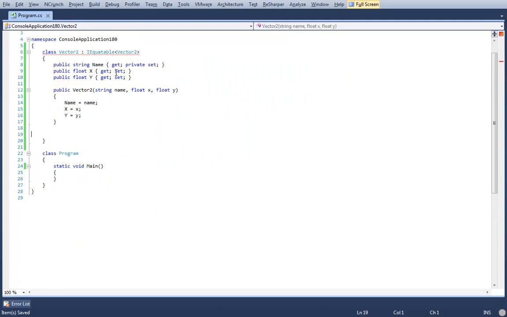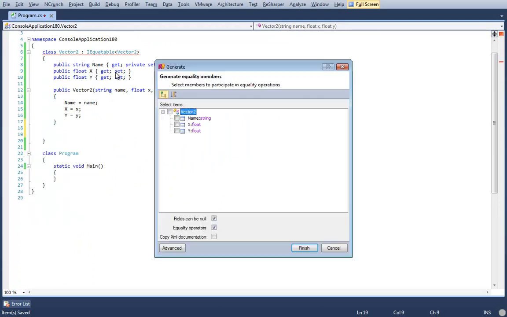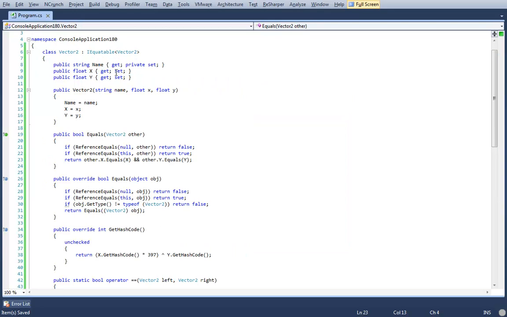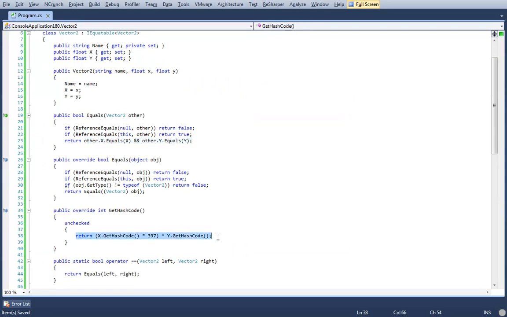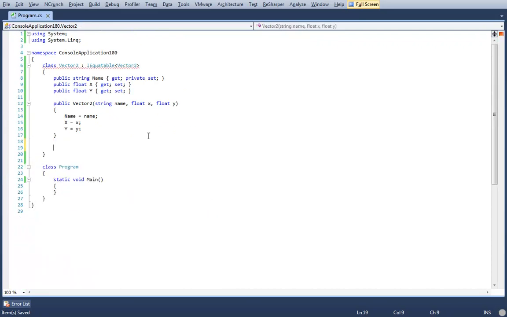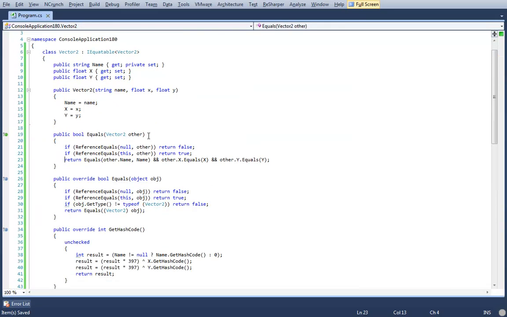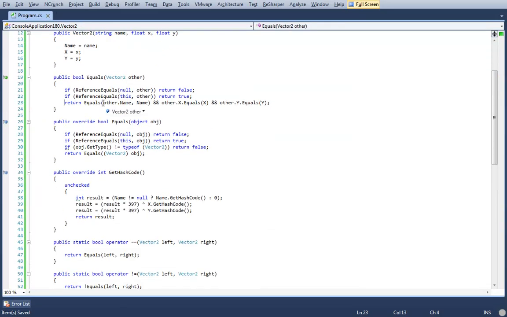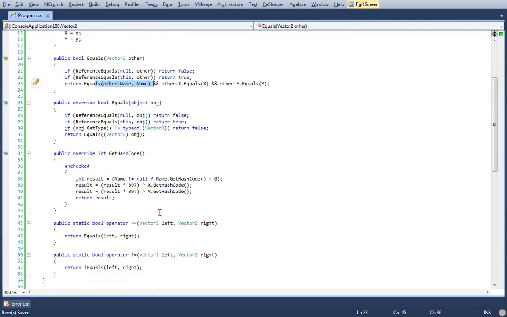Well, what I was going to say was, I was trying to think of something off the top of my head, like name, where you wouldn't necessarily want to include that in your equality. Right. So in that case, I would just check X and Y and hit enter. And so now you'll notice that this only does X and Y, as well as the hash code only does X and Y. Whereas if I had done what I normally do, Alt Insert E space enter, notice how now it's checking the equality of name, as well as using name to get the hash code for it.